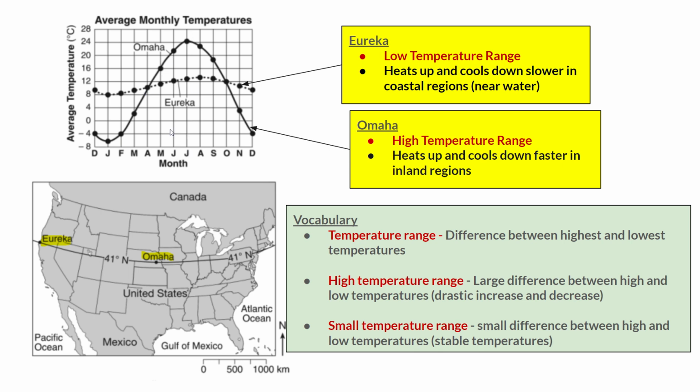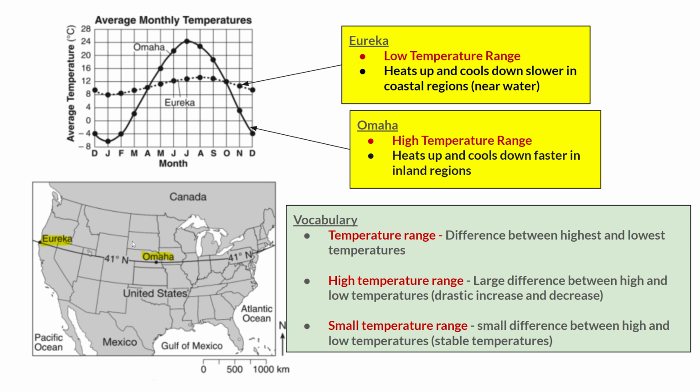Sorry, I'm talking about Omaha. Let's restart that. So in Omaha, the place that's not near water, the temperature goes really low in January and December, and then really high in June and July, because Omaha is not influenced by the water, right? That's why it changes temperature so quickly. It goes really high and then really low. We call this a high temperature range, meaning the difference between the highest and lowest temperatures is really large. The high temperatures are really high, and the low temperatures are really low.